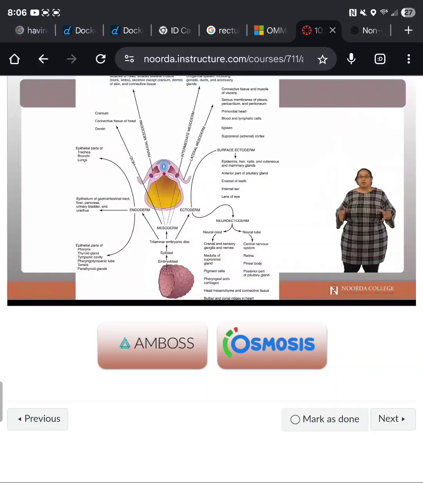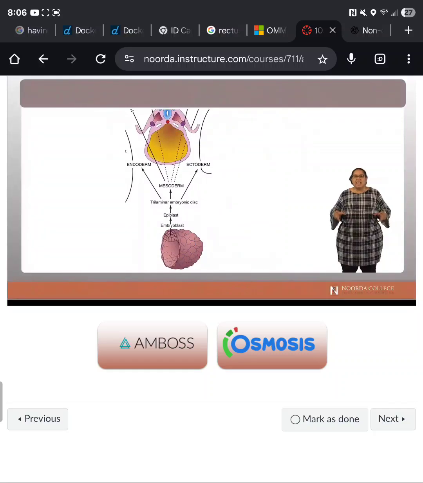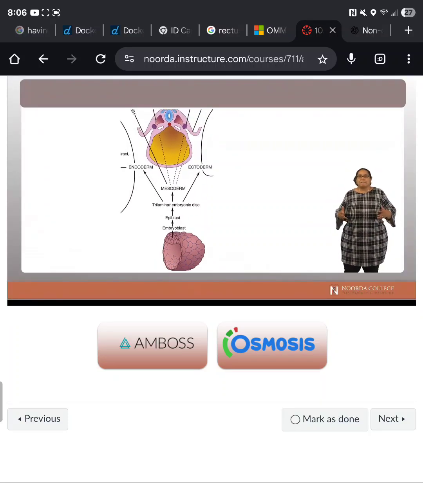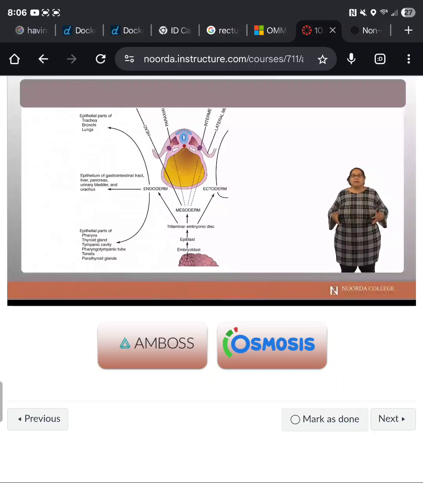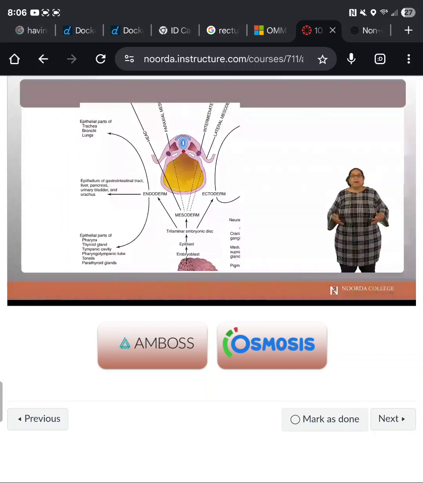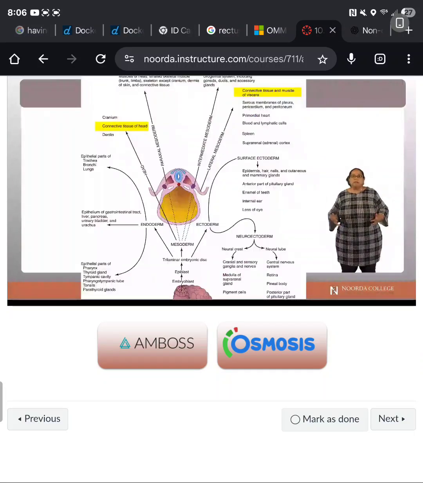In broad strokes, what I do want you to take away from this is that the entire trilaminar embryonic disc comes from the epiblast. The endoderm, and endo means inside, is the part that forms the innermost linings of the body. So think the epithelial lining of the gastrointestinal tract and the epithelial lining of the pharynx, of the trachea, of your lungs. The mesoderm gives rise to connective tissue, blood vessels, and muscles,